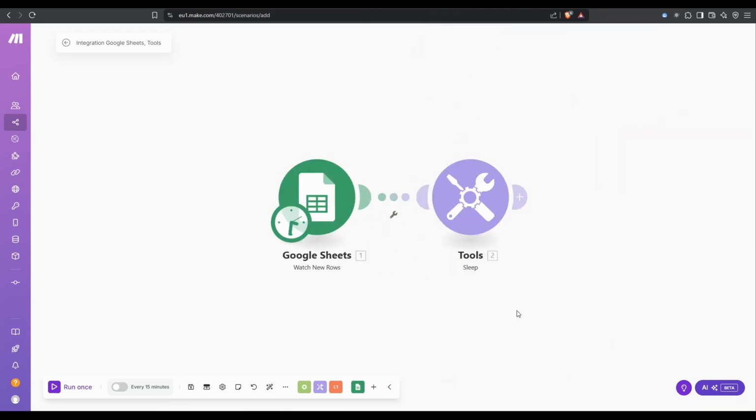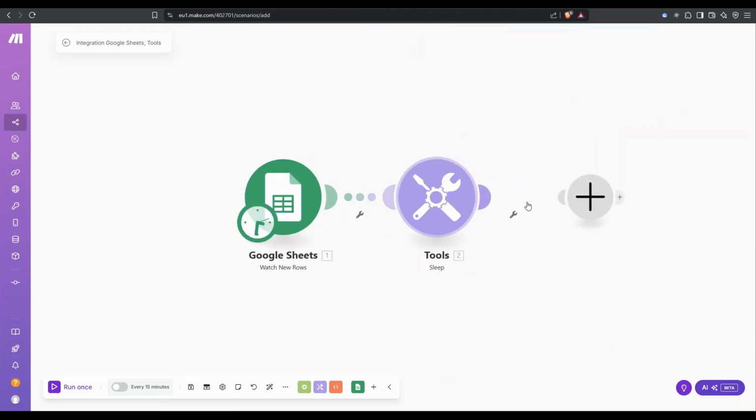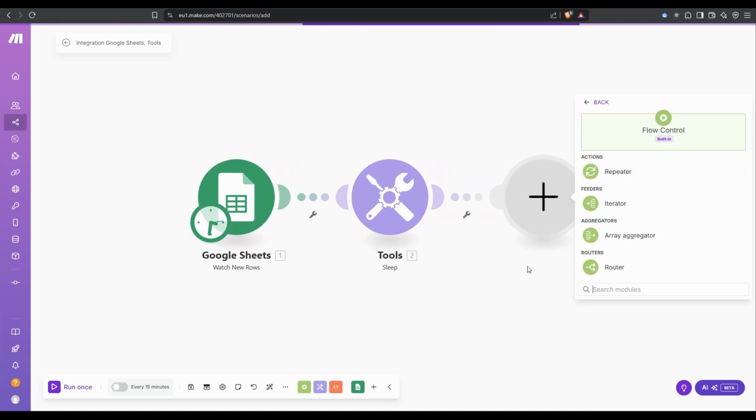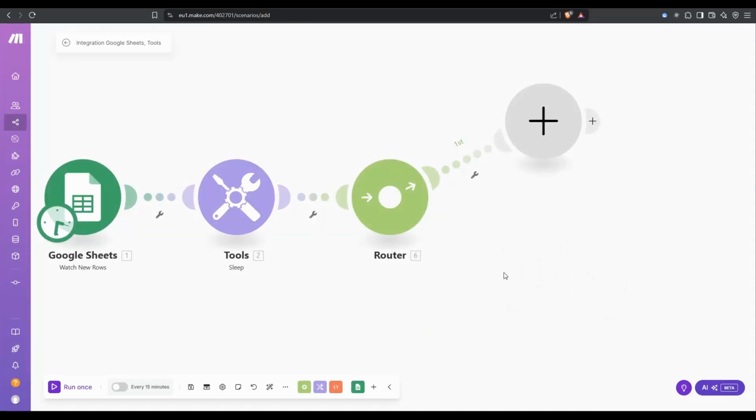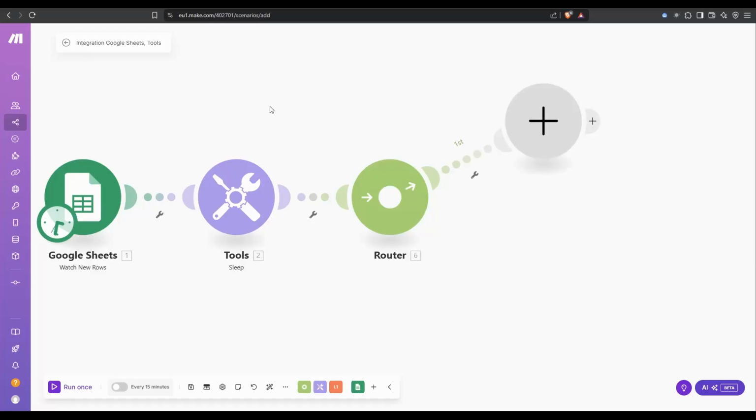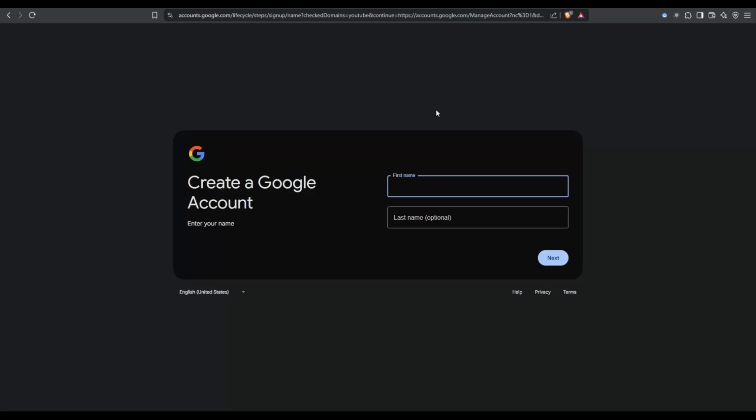All right, now we need to add the router. So we just click on this one, go to Flow Control, add router. I'm going to delete this one out because we're going to clone this one when it's set up. We're going to connect our Gmail account here, and then we'll clone it a few times. It's probably a good idea not to use your main Gmail account for that. If you do need to set up a new Gmail account, basically go to Google, create a new account,